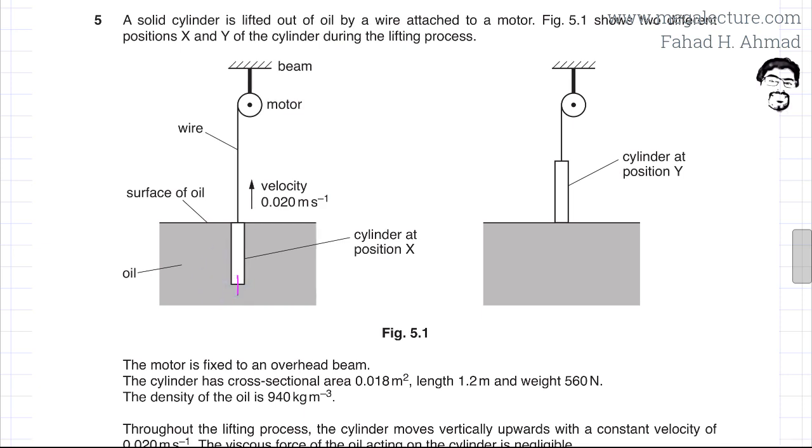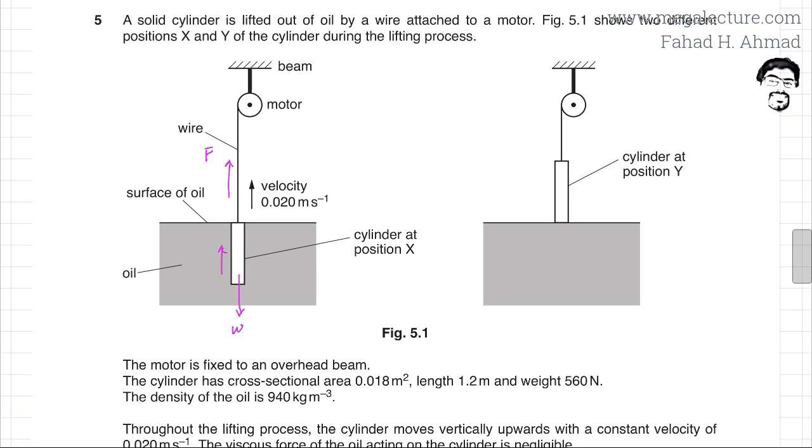There's going to be the weight of the cylinder acting downwards. This weight would be counteracted by a force. Remember, the motor is pulling this object upwards, so there's going to be tension in the wire, a force applied in the upward direction. Plus, there's going to be an additional force, the upthrust of the oil. The oil would also be pushing this